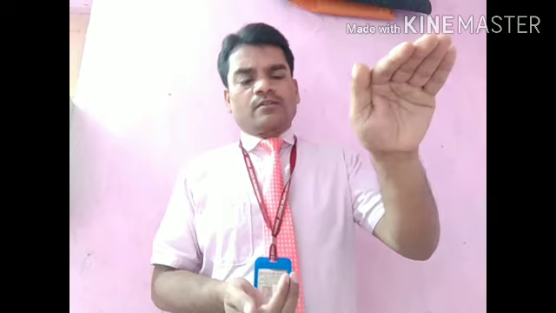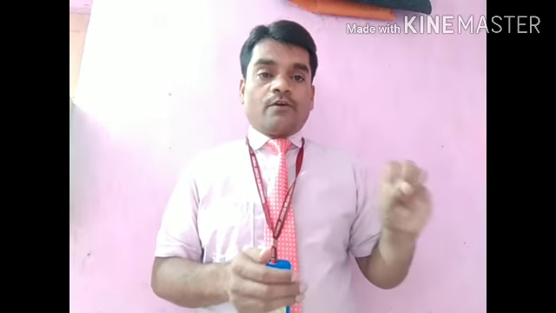The Gondwana plate, students, has its movement toward the north, and between these two plates lies an elongated sea, the Tethys Sea. Due to the convergent motion of these two plates, the Tethys Sea began to fold. Ultimately, when these two plates, the Gondwana plate and the Eurasian plate, collide with each other, it results in the formation of the Himalaya. This is called a fold mountain and a young mountain.